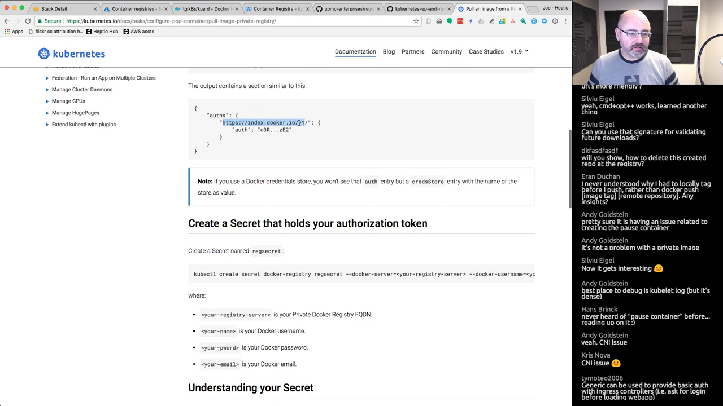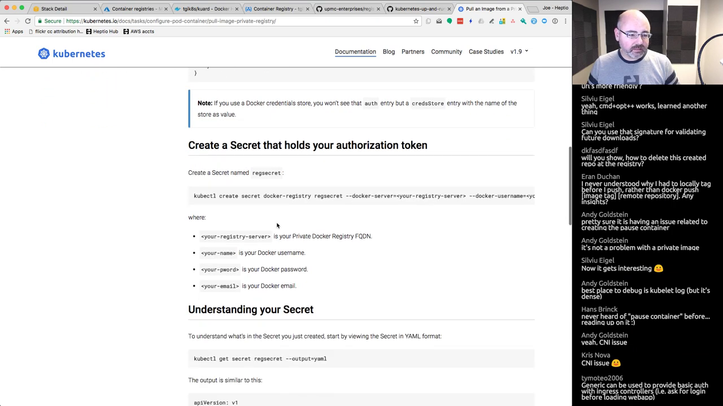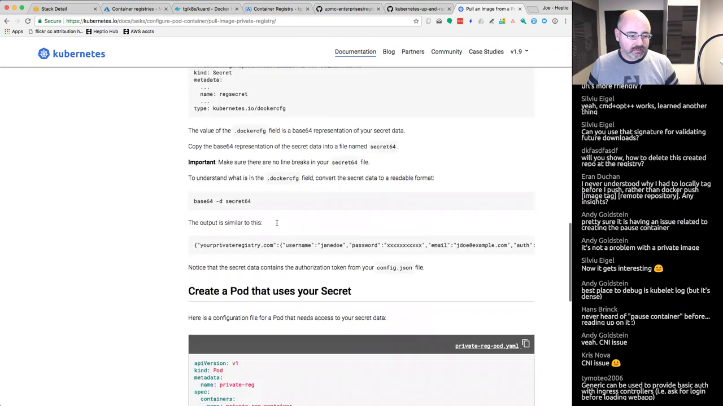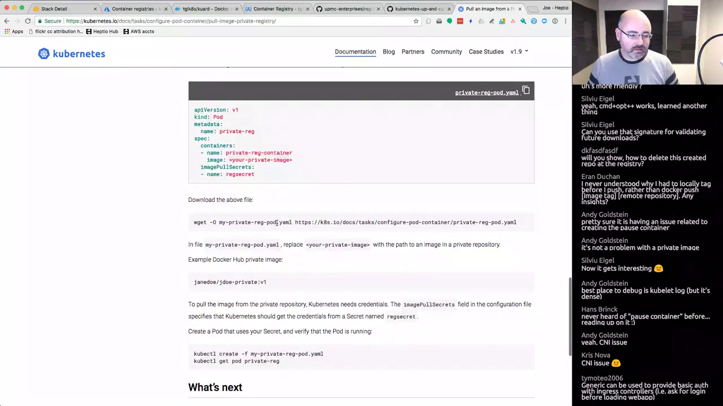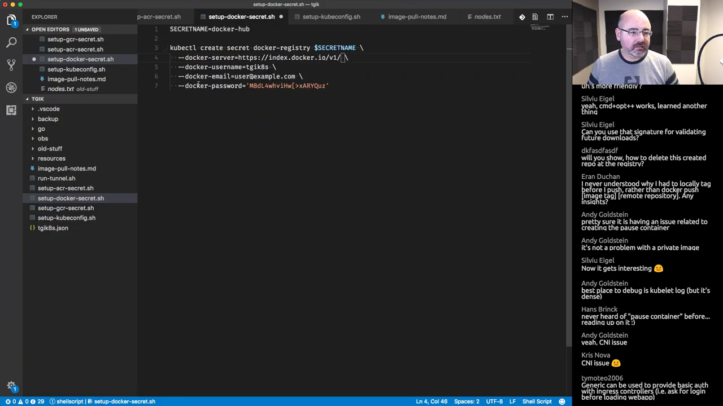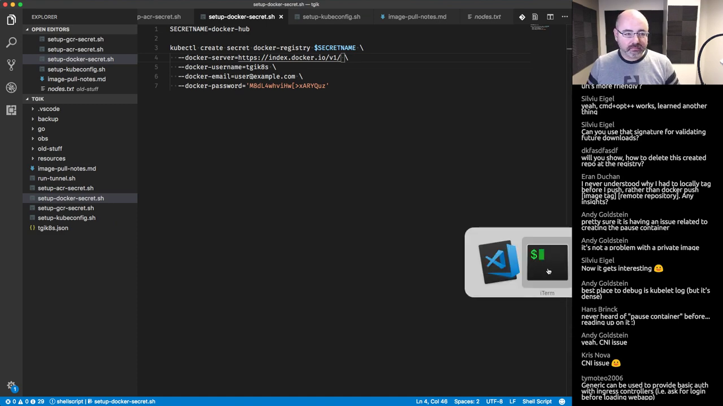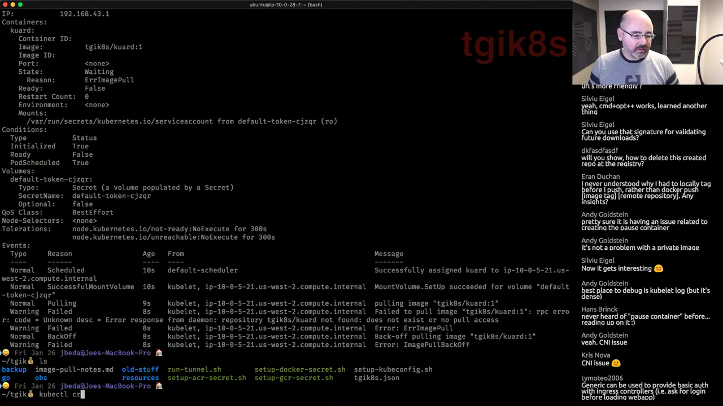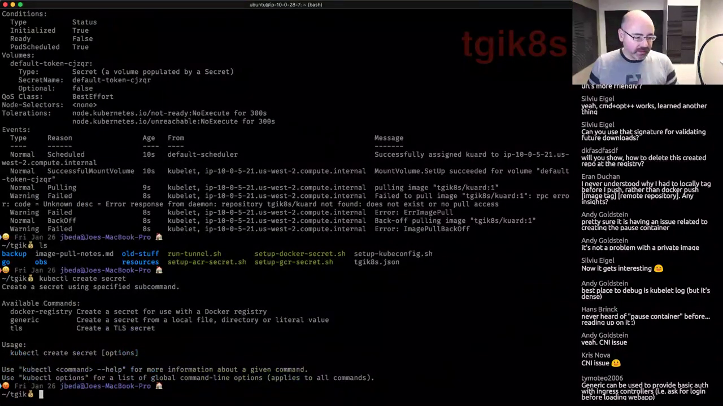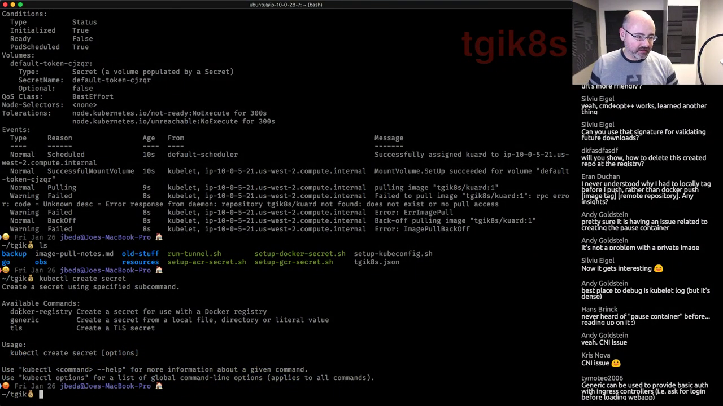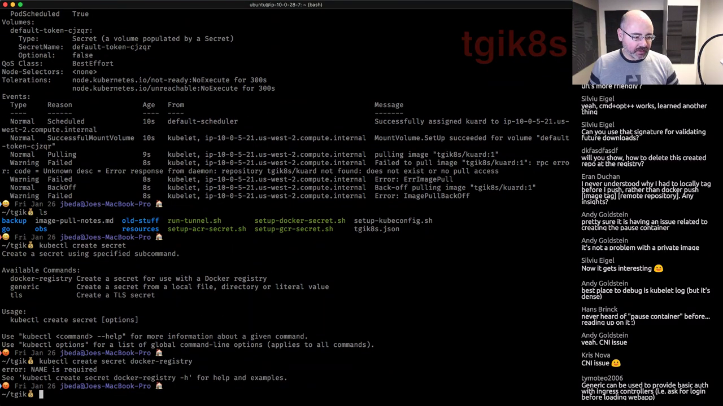Okay, so this is index.docker, and this might be the default for the thing too. I don't know. Let's see. I think that's right. What could go wrong, right? So kubectl create secret, and you'll see that here's the 3 different types of secrets. And if I do docker-registry and help,